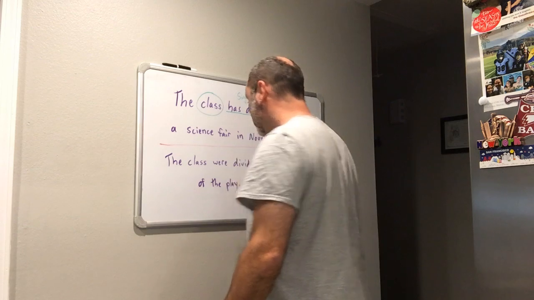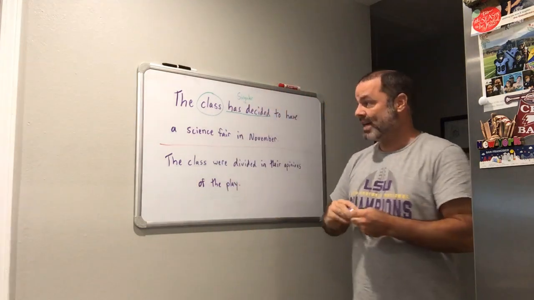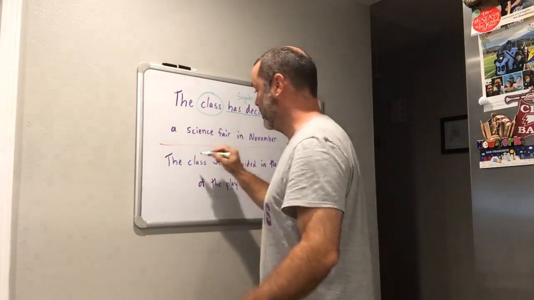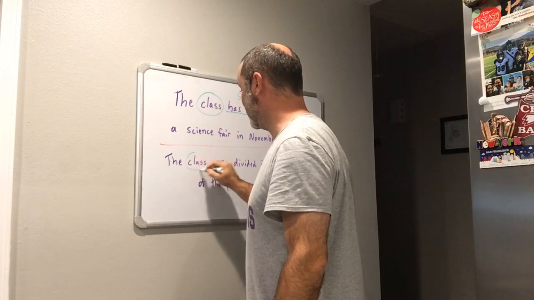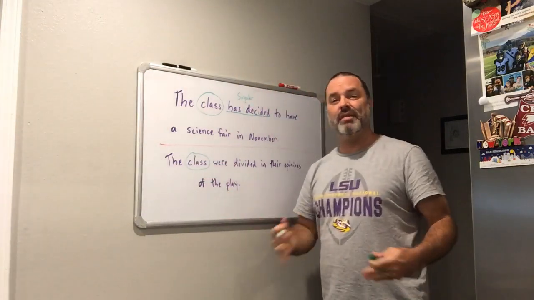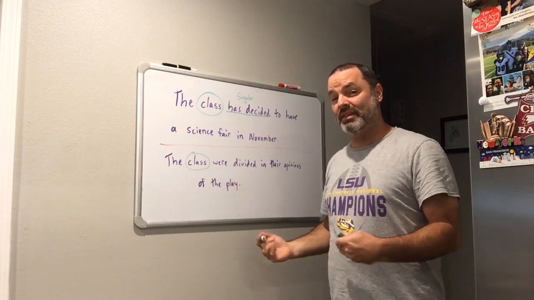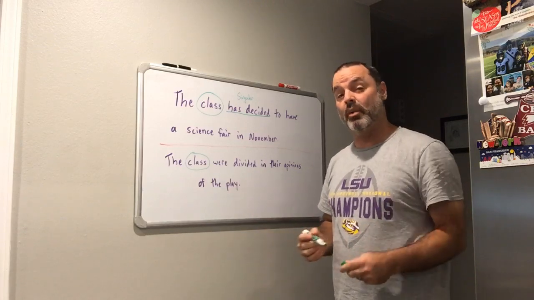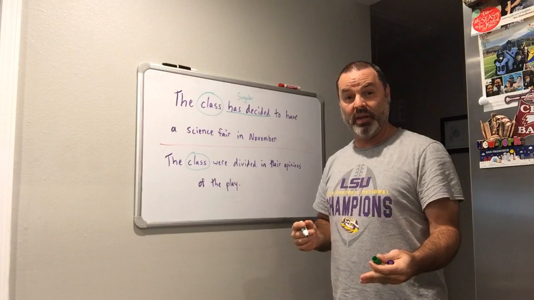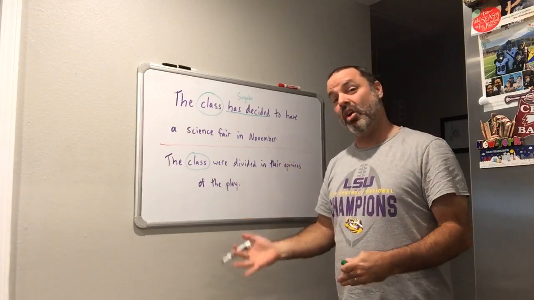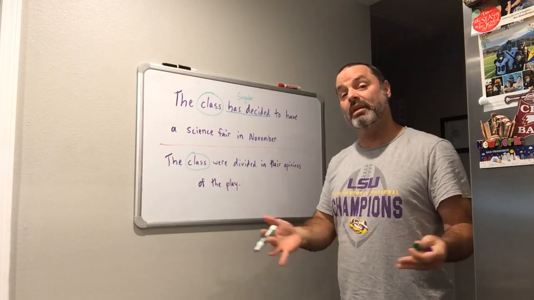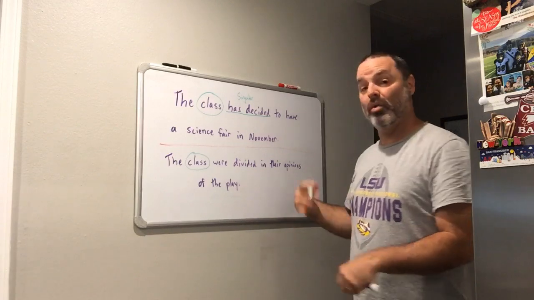Okay, so in this sentence, I still have class as my subject, but in this sentence, the collective noun class, I'm referring to the individual members that make up the class. I have a couple of clues in the sentence, context clues, and this is why we worked on that in vocabulary. Looking at context can oftentimes give us the hints that we need to figure out how that collective noun